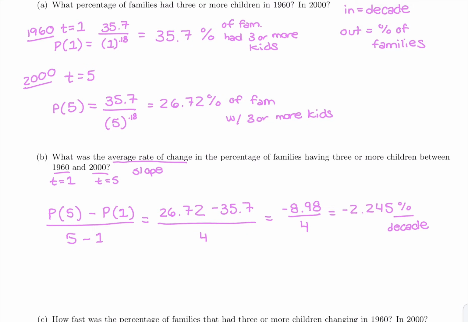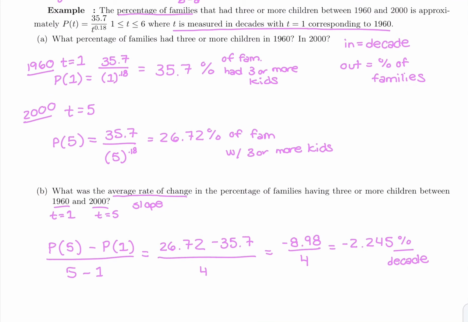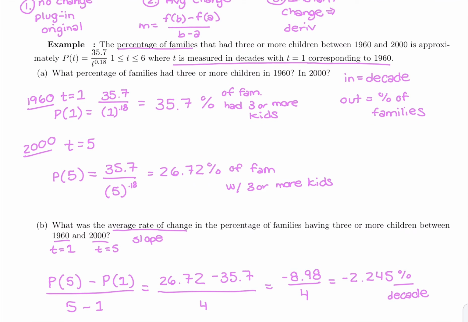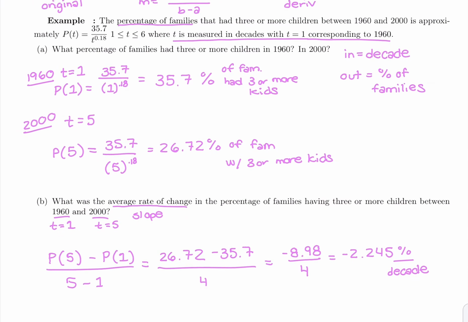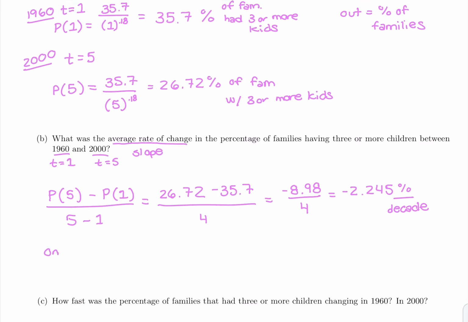So let's interpret what that means. We got a negative answer. Is that okay to have a negative answer? You're having a negative percent of families that have 3 or more kids? No, that's not what that means. Remember, there's 2 units on it. It's a rate of change. So our slope is negative, which tells us on average